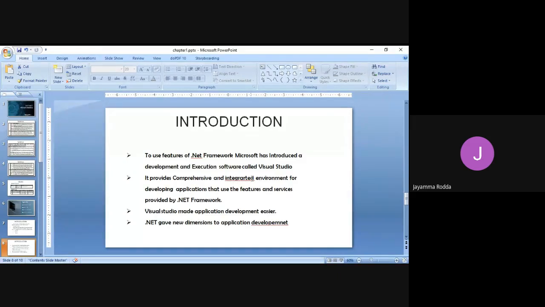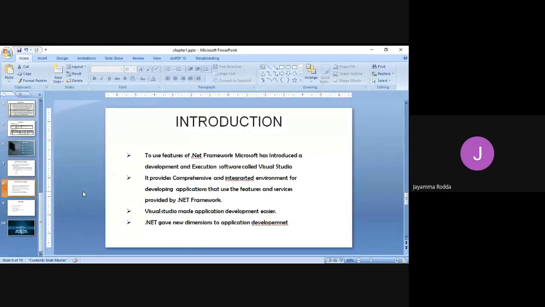And .NET gave new dimensions to application development. Because of Visual Studio, .NET has given very new dimensions for application development. What are those dimensions? We will learn them. What are the different dimensions using which you can develop the applications with Visual Studio?